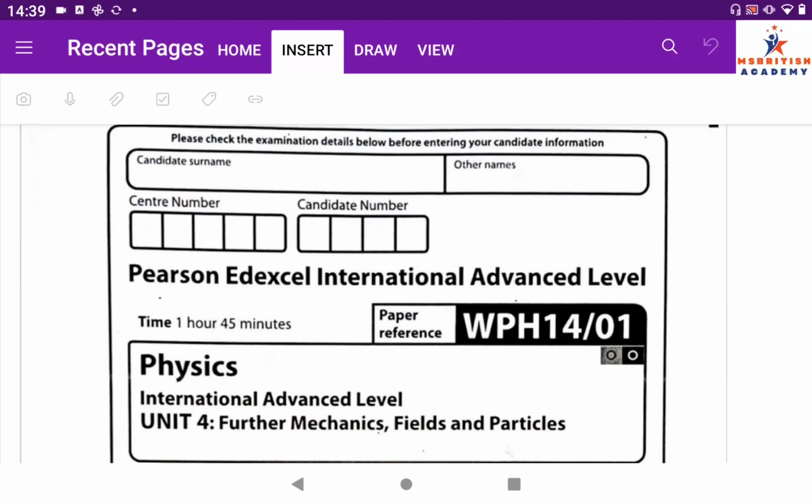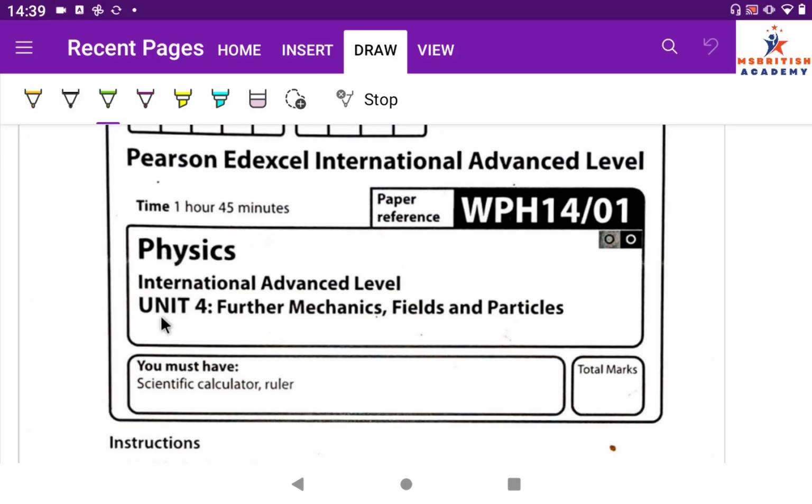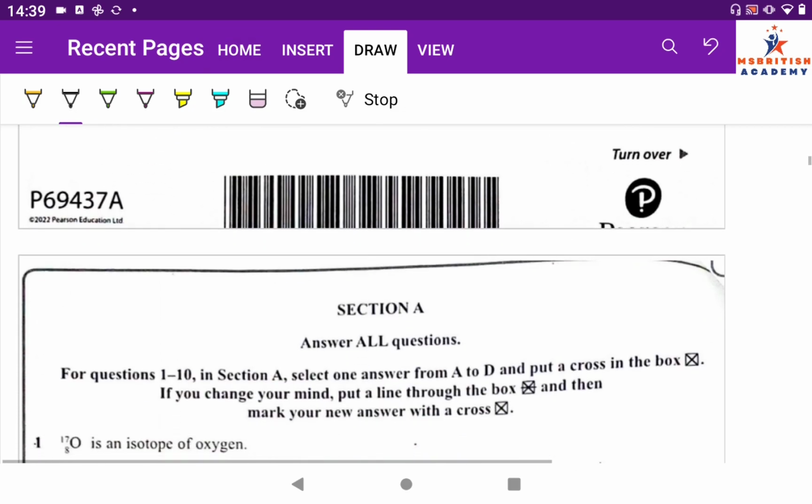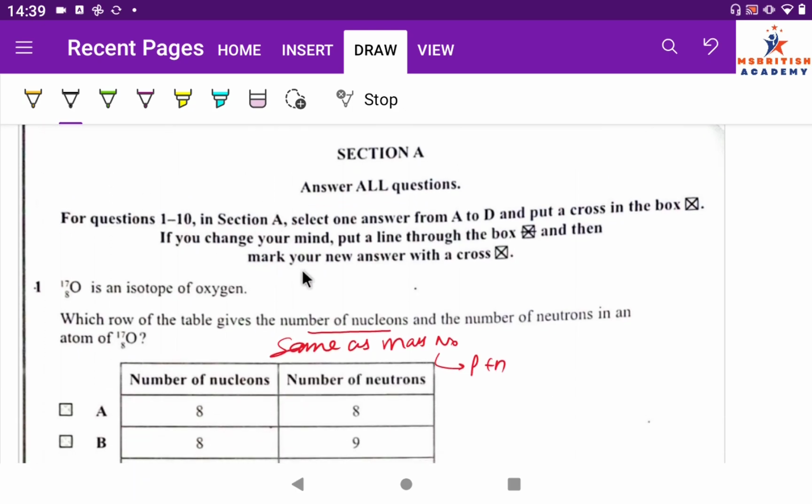So hello dear, today we are going to solve physics unit 4, and you can see the dates and paper code here. Okay, let me come to section A. So see, section A, the first question is